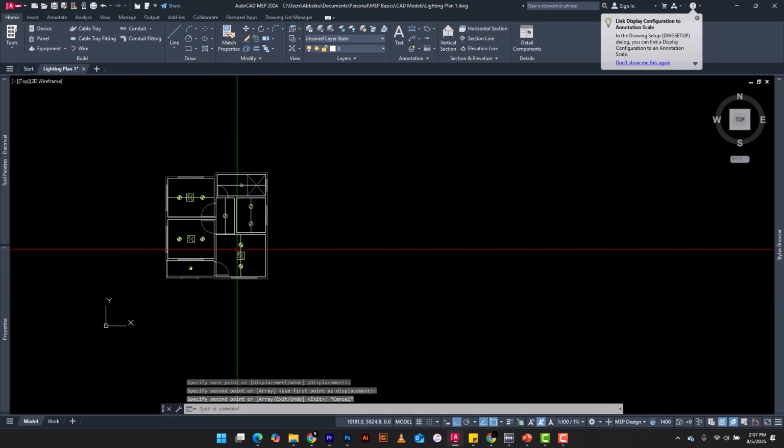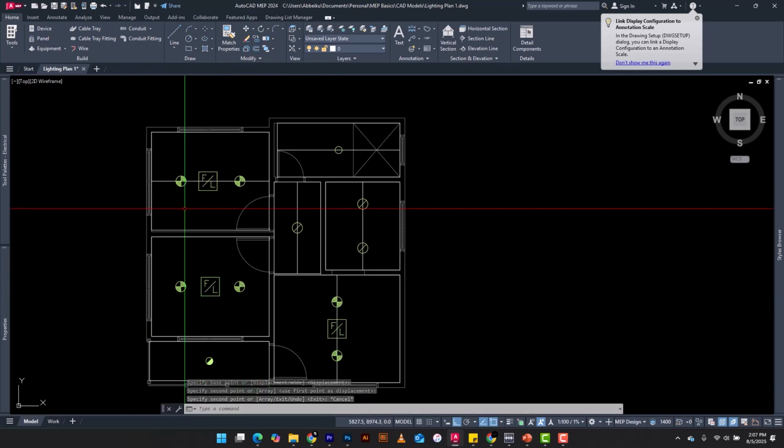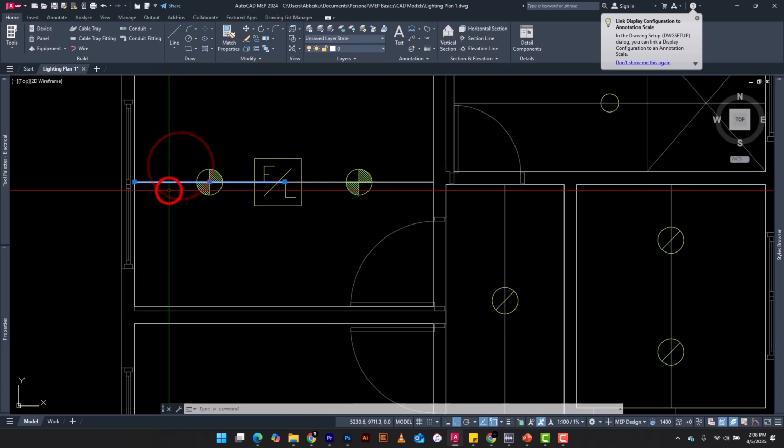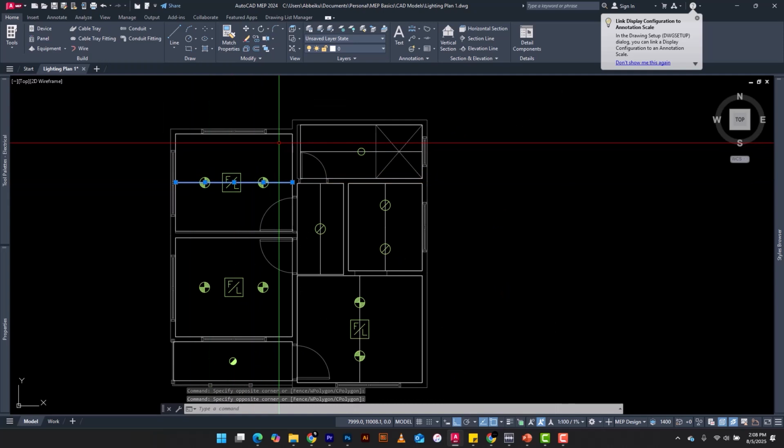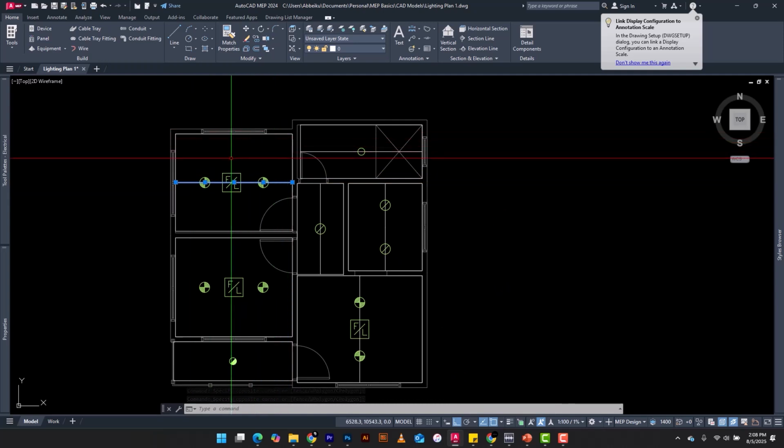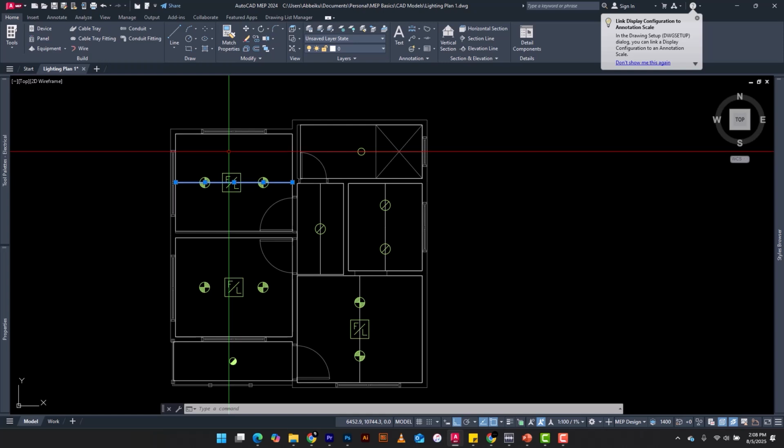For now, these are the only places that I need to put these fixtures. Okay, so this is the end of how we can place our lighting systems. Now, one important thing that I want you to understand is that if you are lucky enough to get a building that is modeled in 3D, then it's important you specify the elevation of the lighting fixtures. This is very important. Now, for the purposes of this video, I'm going to use a 2.8 meter elevation for